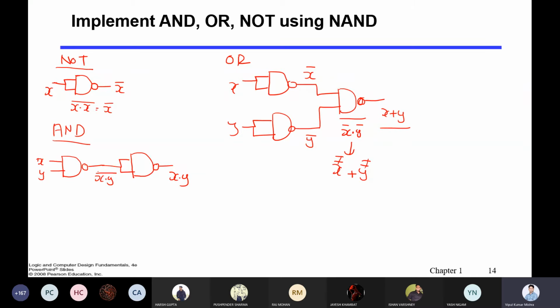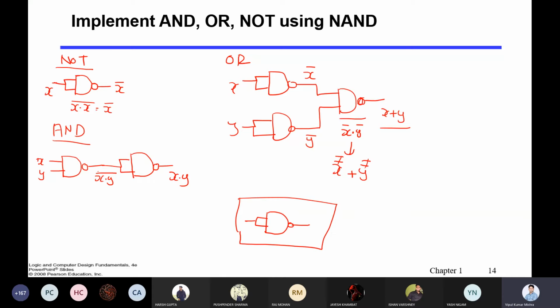So with the help of the same gate, I am saying I have only the NAND gate, and this NAND gate is able to make the NOT gate as well, the AND gate as well, and the OR gate as well. With the help of one single gate, you can make all three gates, and these three gates are required to make any circuit.